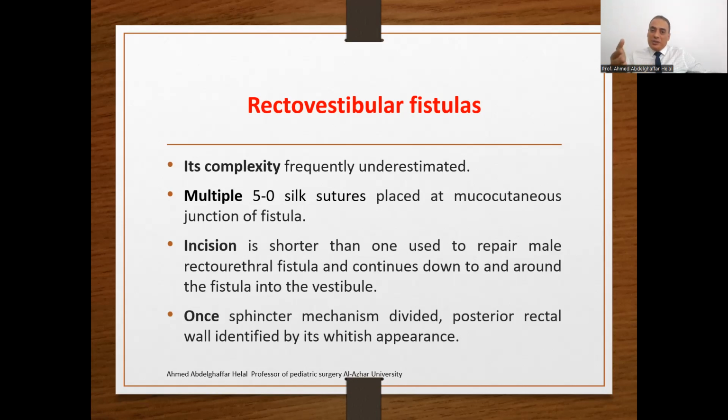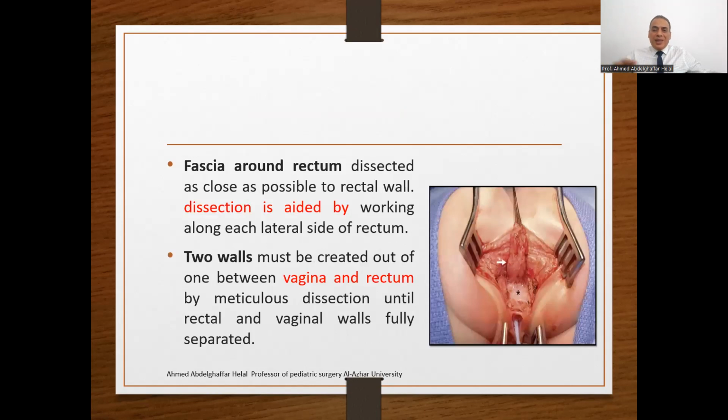So it's a matter of debate. These cases need a well-trained pediatric surgeon. As we see, the separation of the rectum from the vagina is very important. It's a challenge for the pediatric surgeon to create two walls out of one between the vagina and the rectum. This is the rectum and this is the vagina. This creation is very important, so as not to injure the vagina, to create two walls out of one. This is the job of the pediatric surgeon, and this needs meticulous and fine dissection between the rectum and